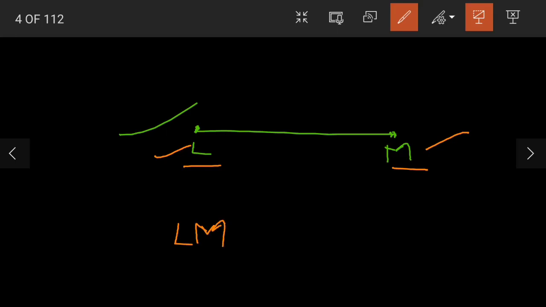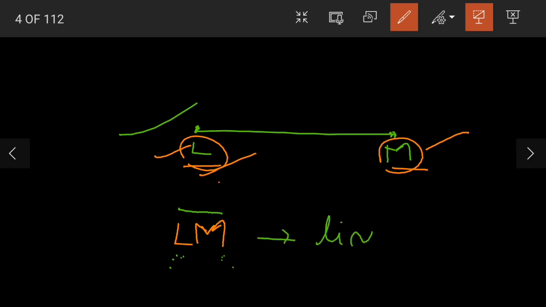Is this clear, children? For naming a line segment, we take the names of the endpoints. Here the points are point L and point M. So the name of the line segment would be line segment LM. And how do we write it? These are the endpoints L and M, and upon that we will draw a small line. Now this is read as line segment LM.